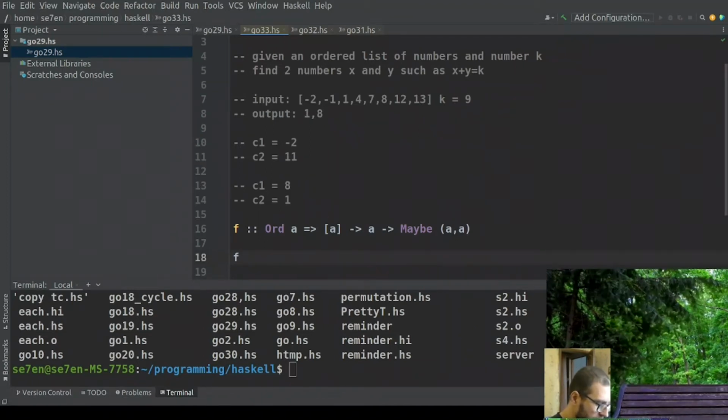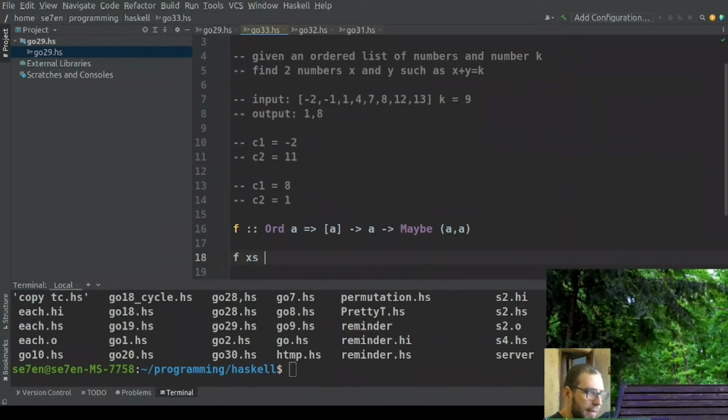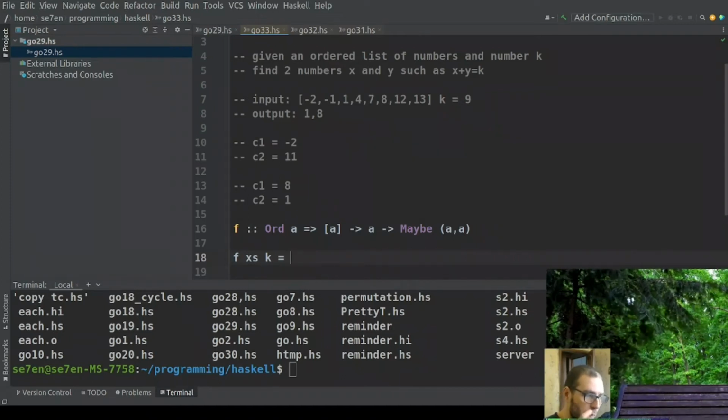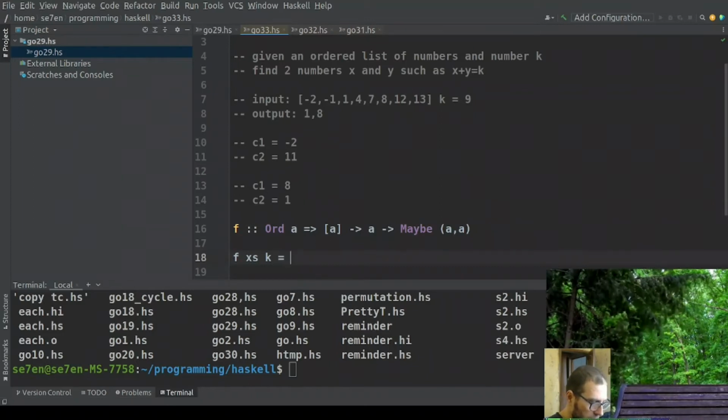What do we have? We have some list here, and so we can unpattern match. No, we will use a helper. So we have some list and we have some element k, and these are our function arguments. So how will we define the solution? Of course, as I said,